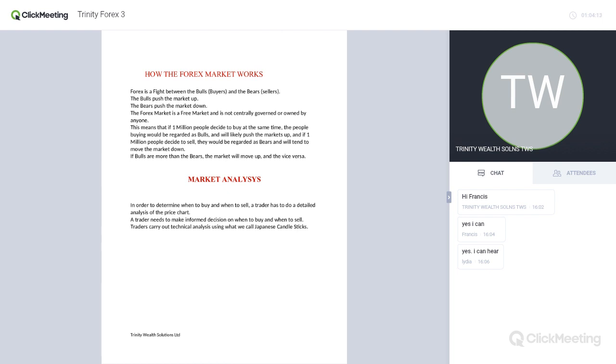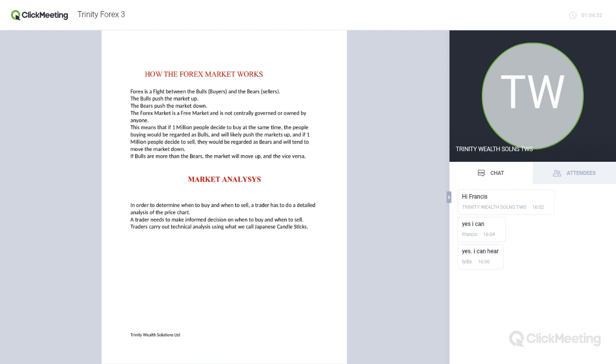And for the sellers, it works the same way. If we have more sellers, they move the market down. So if the bulls are more than the bears, the market will move up, and vice versa. Okay? So we said in order to determine when to buy and when to sell, a trader has to do